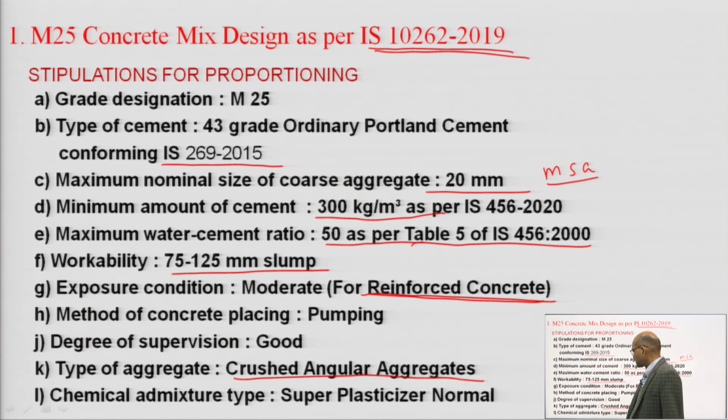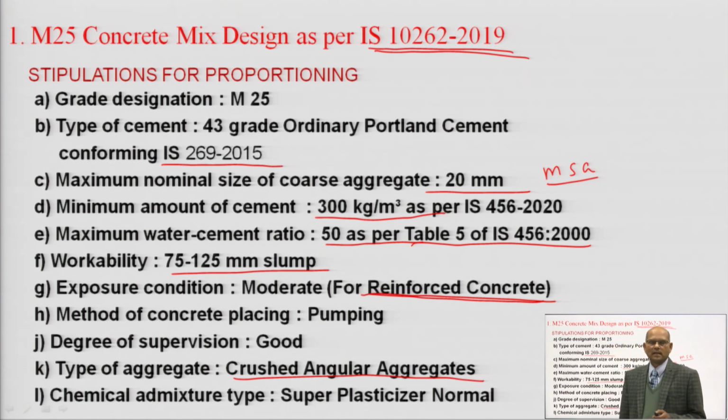This is the site specification, and we have to use a chemical admixture. A super plasticizer of the sulphonated naphthalene type is permitted here. So, based on this data we have to go for the mix design. For doing the mix design we have to get cement, coarse aggregate, fine aggregate, water and admixture. Based on the test requirements you have to satisfy their quality also.